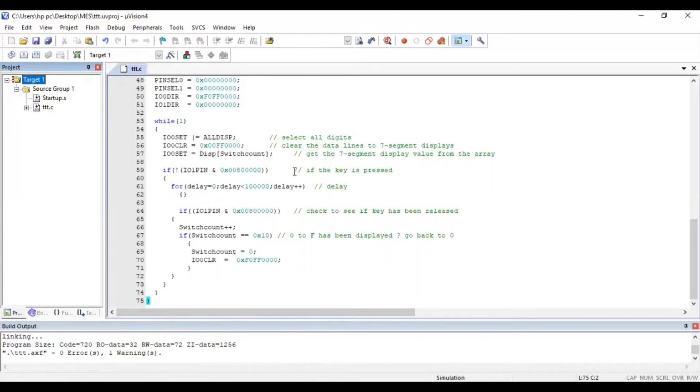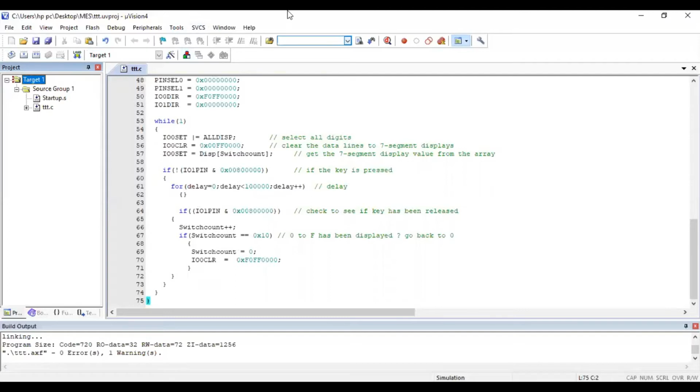Once your file is ready for execution, this particular program you need to send to the board, because this is a hardware program. You have to execute it on the board. So you have the LPC2148 evaluation board. On that board, this program will be executed. So now how to send this program to that board? You cannot send the program as it is. So you have to send the executable file or the machine code. How to create the executable file or machine code means it's the creation of a hex file. So you have to create a hex file.